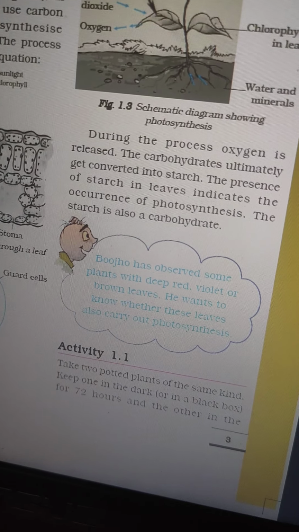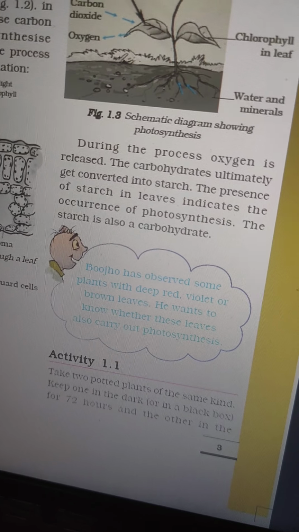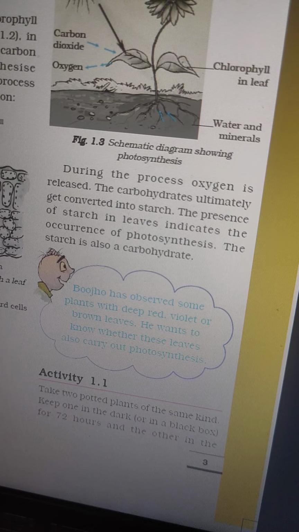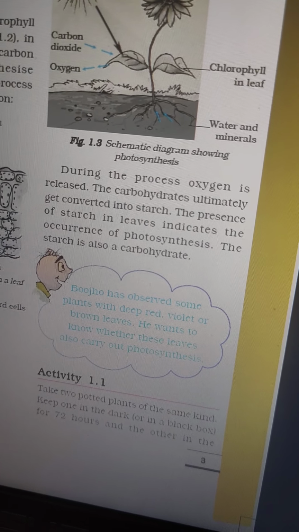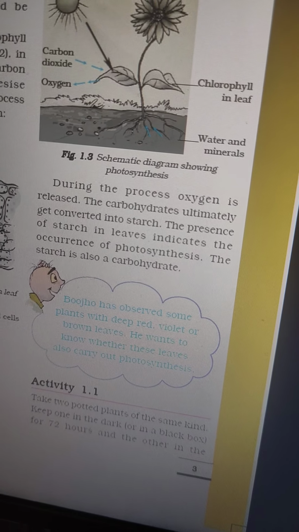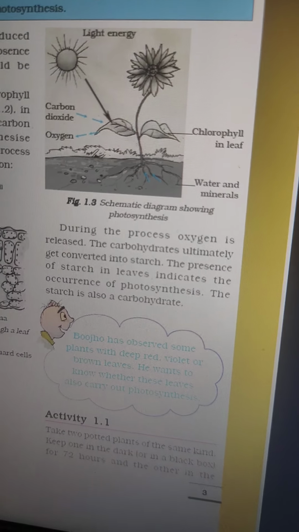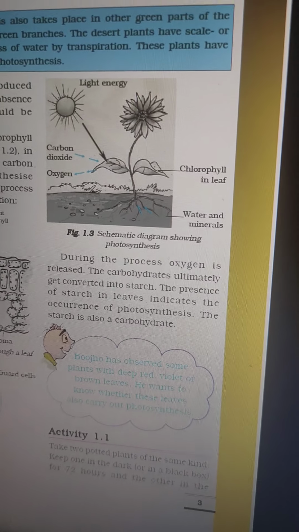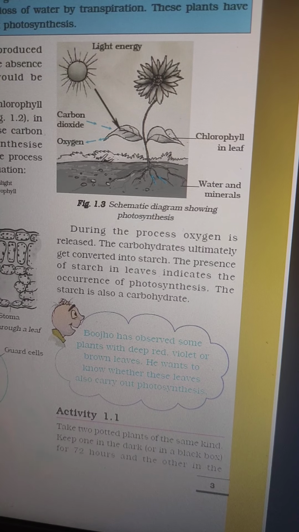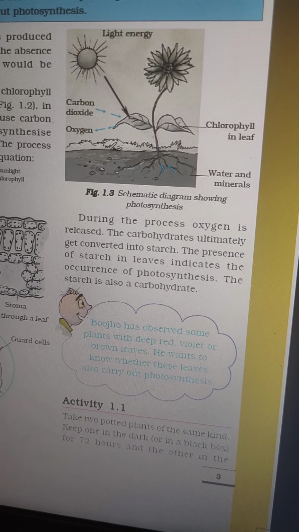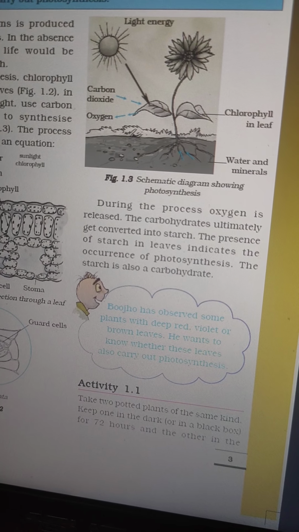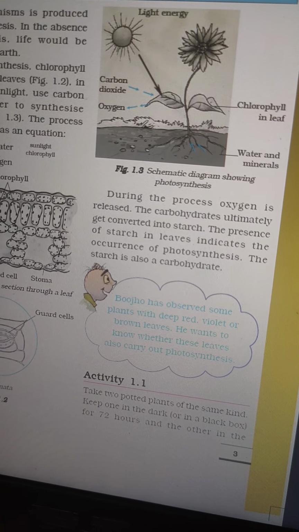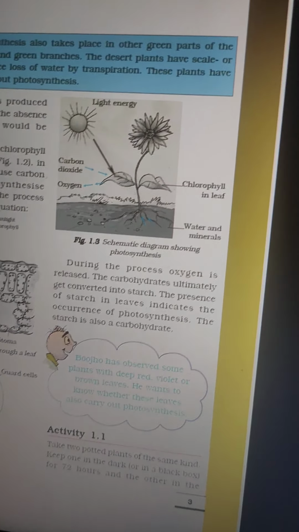So firstly, we will boil these leaves in alcohol. Now why do we boil leaves in alcohol? We boil them to remove all the chlorophyll, all the green color from the leaves. Then after boiling, when all the green color is removed, we put some drops of iodine solution on the leaves, and if the color of the leaves changes to blue, it proves that the leaves have starch.